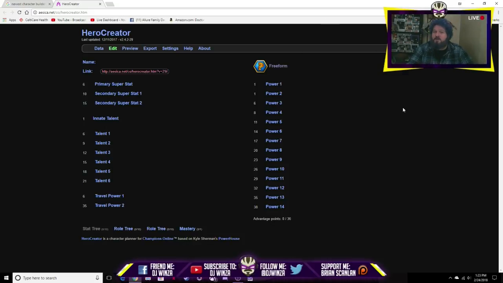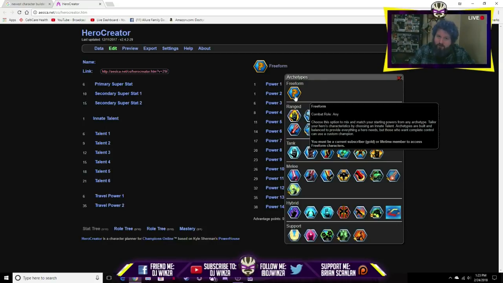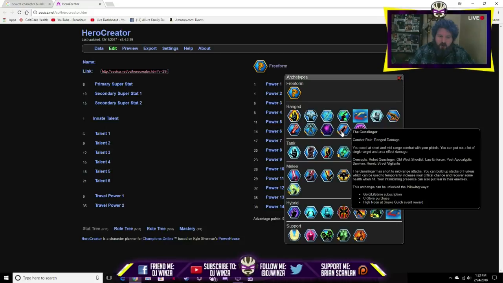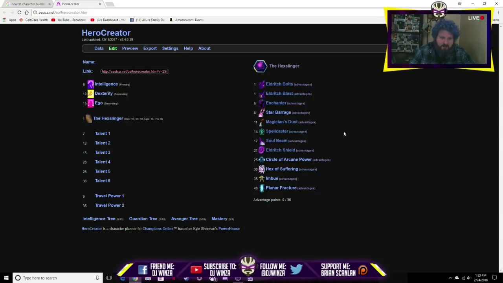This is useful both for archetypes as well as freeforms. You'd think archetypes, well, you don't really have to plan for those. You're an idiot. No, you do have to plan for archetypes as well. Not as much as a freeform, but you do have to pick and choose for archetypes. I'll just bring this in as an example. The Hex Slinger